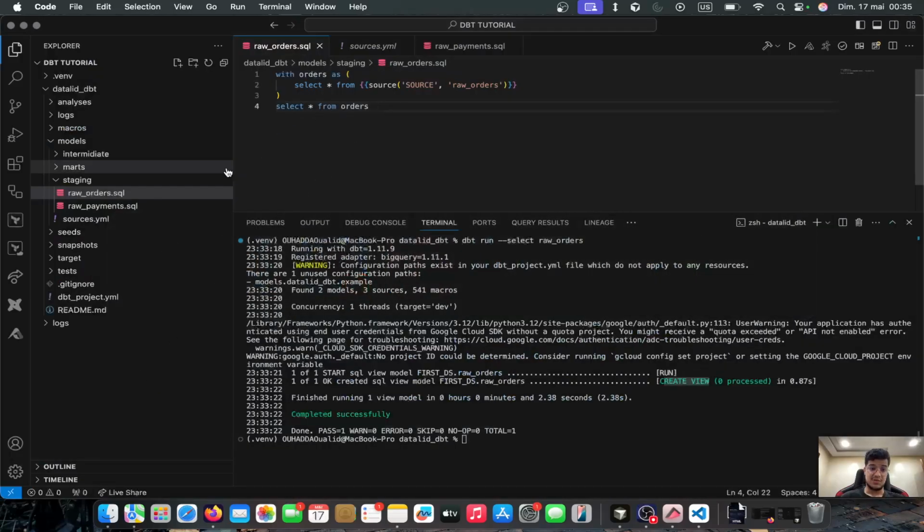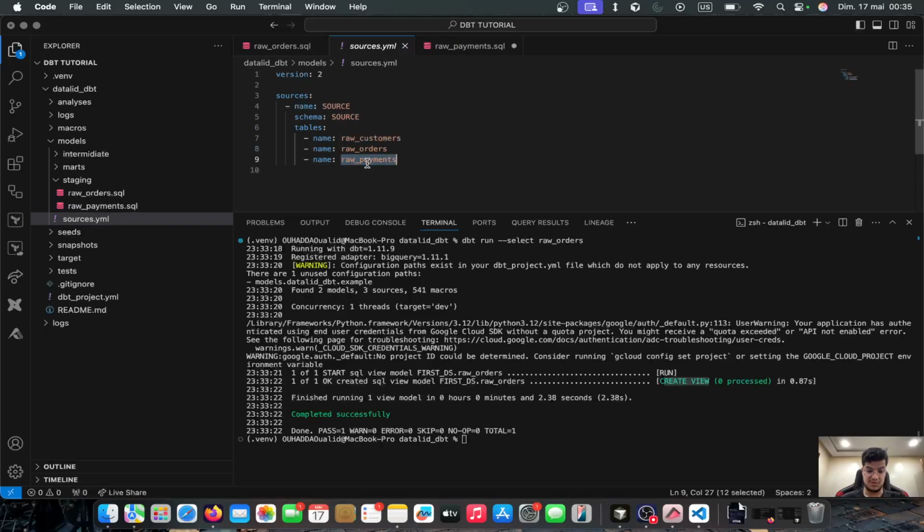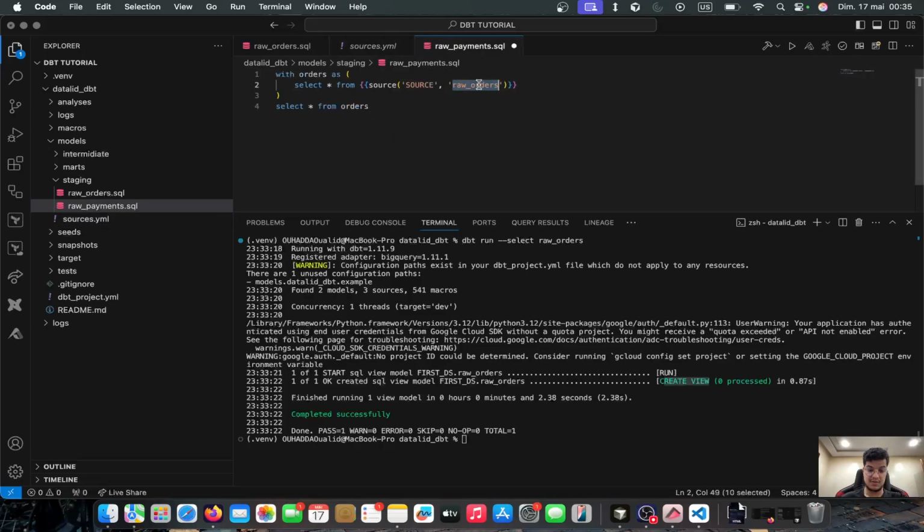Same thing we're gonna do for the raw payments. Let me just copy this, raw payments, and just change the source with raw payments. Sounds good. And do the same,